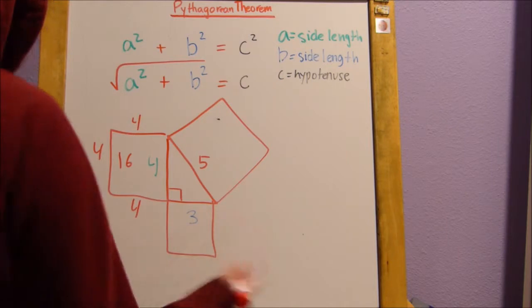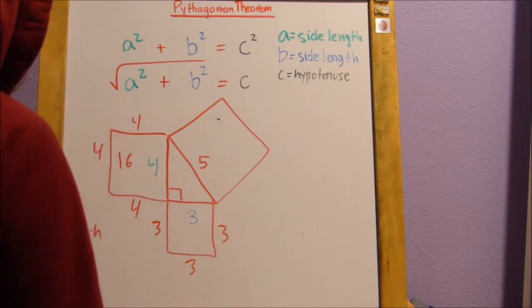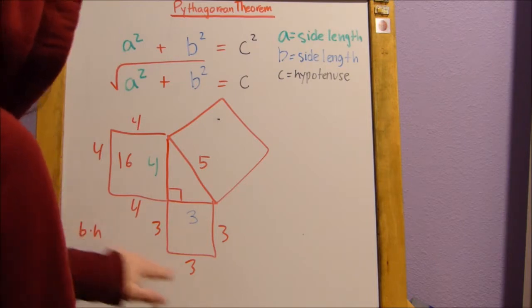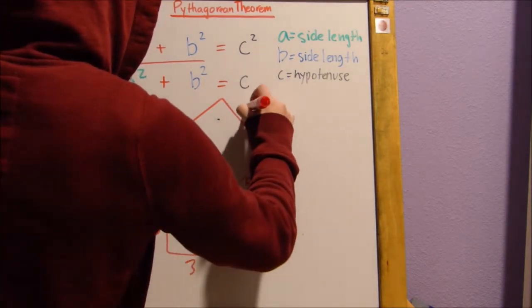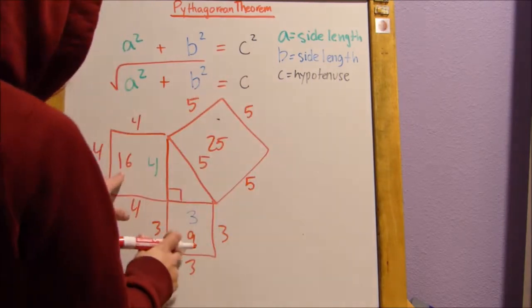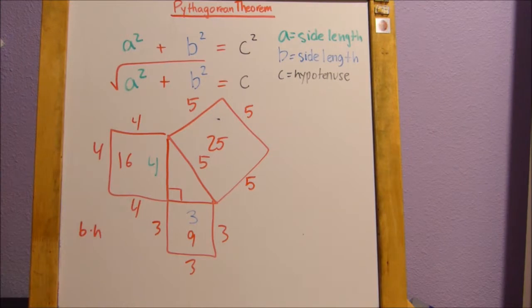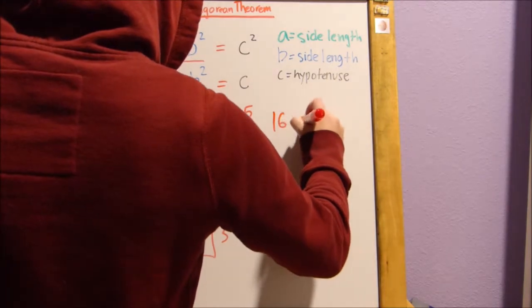Now, this one, the same rule applies. Everything is 3 because one side length is 3. 3 times 3 is 9. 5, all side lengths are 5. 5 times 5, 25. Now, do these three numbers look kind of familiar? If you said yes, you should notice that